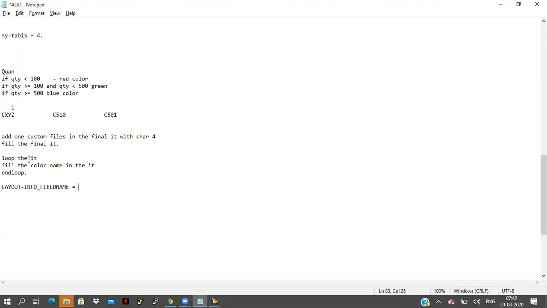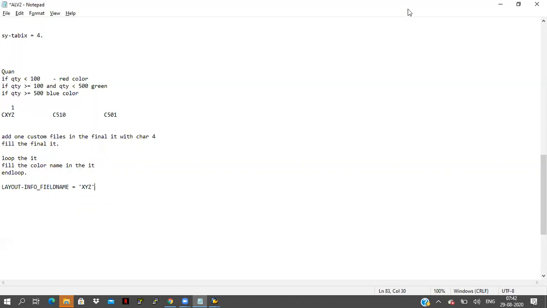For which field are you applying the color? That column name, that field name I'm taking here. In the internal table you are adding one custom field, the last field, so that field name I'm adding here. That's it.